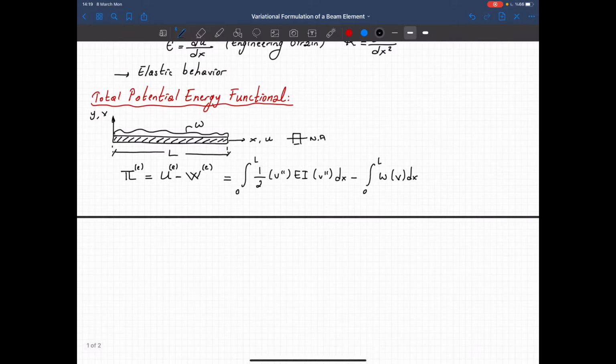Now, when we look at this equation, the total potential energy functional, we see the second derivative of the displacement V, right? So the degree of the derivative in this potential energy functional is 2. We call it m is equal to 2. So this tells me that the admissible displacement